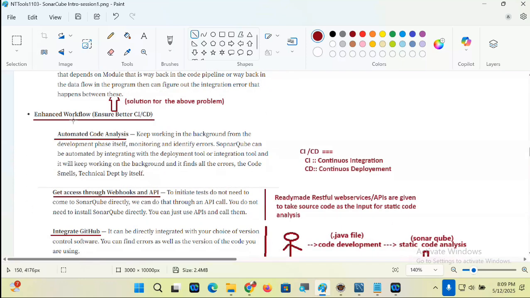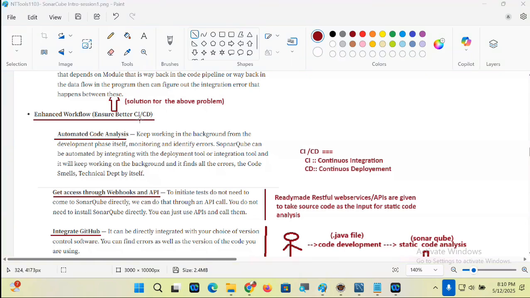Enhanced workflow. Ensure better CI/CD. You need not run the SonarQube tool separately. When you integrate with Jenkins, whenever Jenkins is automating the build and deployment process, every time code goes for build, it will also do a code review with the support of what?